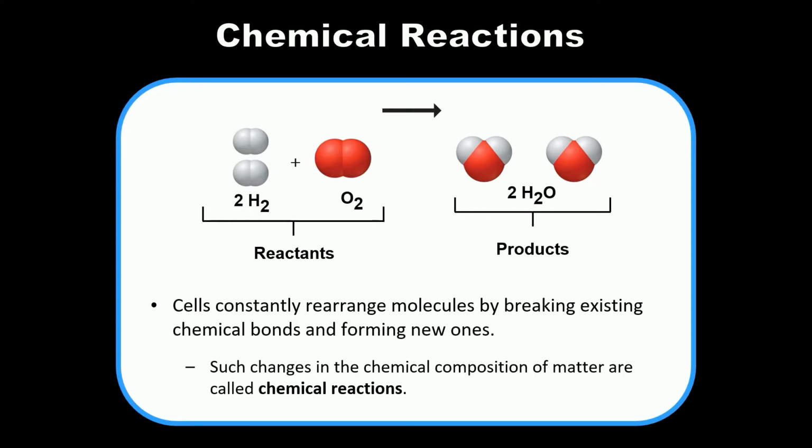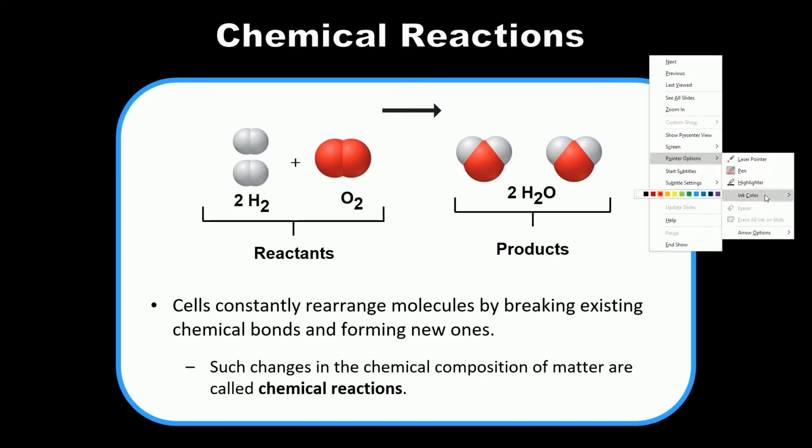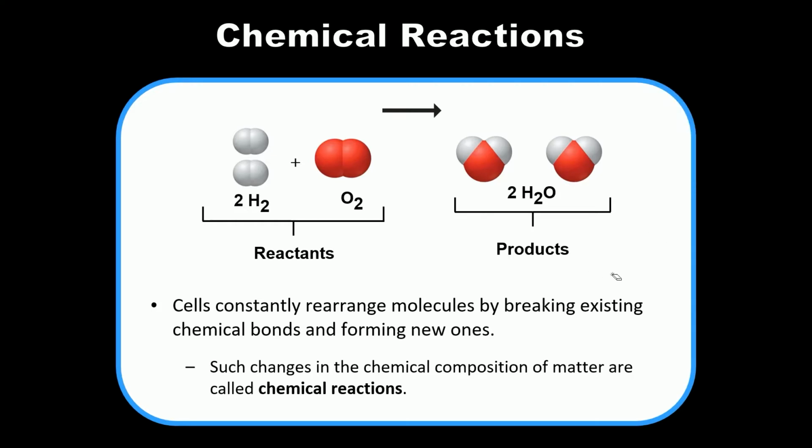At this point, all of you should be aware that all matter is made out of chemicals, and all chemicals are made out of atoms, and every atom belongs to one type of element. And if you watched the previous video, you know that the differences between two atoms of separate elements is going to come down to the number of protons they have in their nucleus, which is accounted for by the atomic